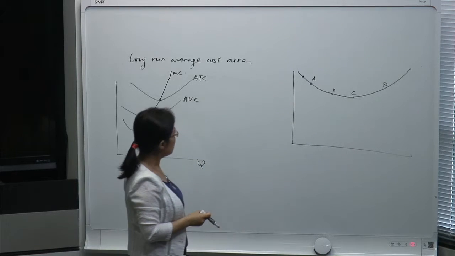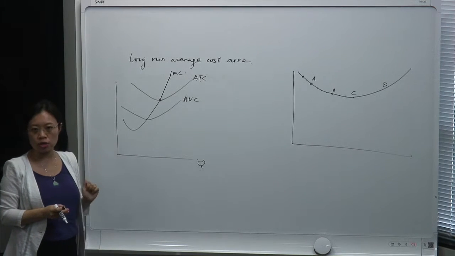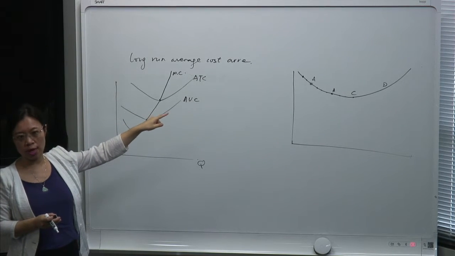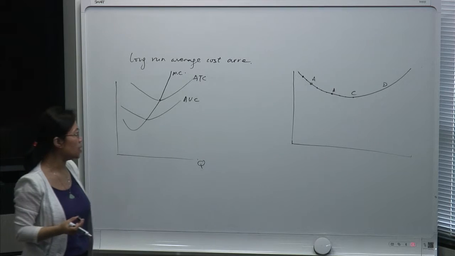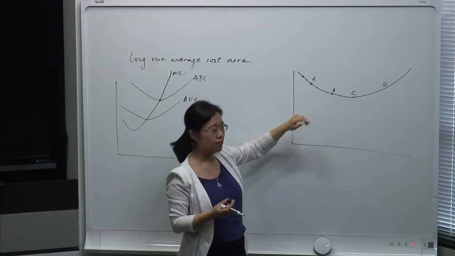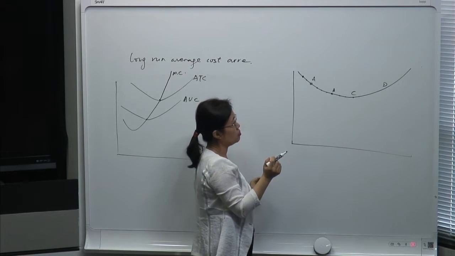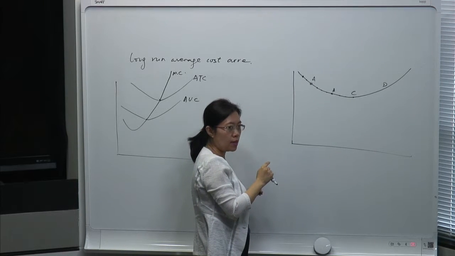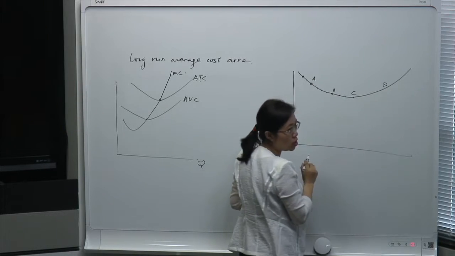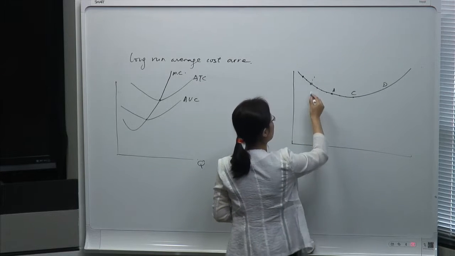But in order to solve the short-run problem, we need to know the short-run average cost curve and the short-run marginal cost curve at that particular scale, right? So how do we find it? The long-run average cost curve is very helpful in that way. So how do we find it? The short-run average cost curve at scale A has to be tangent to the long-run average cost curve at this point. Okay, so I'm going to draw it for you.